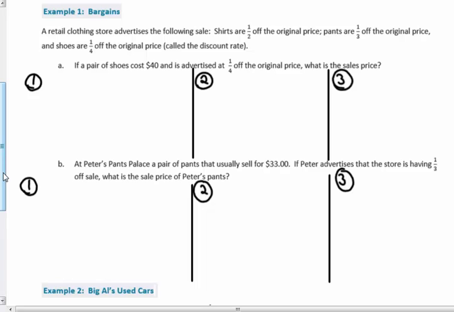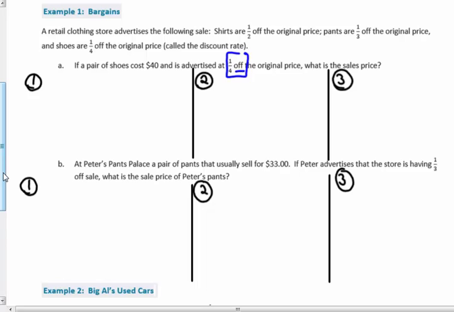So letter A, if a pair of shoes costs $40, so you go into a store, they're $40, but they're having a 1/4 off the original price sale today. Today everything's 1/4 off. What is the sale price? So you're not going to pay that $40 when you go to the register. You're going to save some money. You're going to pay less. So there's a few ways we could figure this out. What is that 1/4 off that $40 item? So the bar model way,